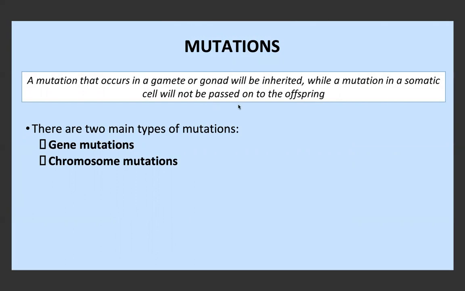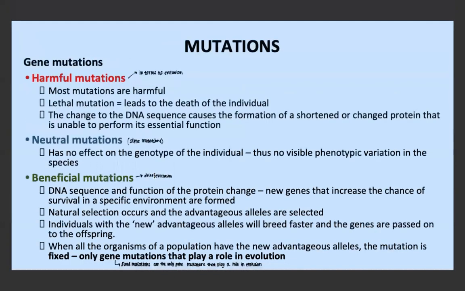There's two main types of mutations, which we did look at in a lot more detail previously: gene mutations and chromosome mutations. Gene mutations are a lot smaller mutations. They'll only occur within like 1 or 2 nucleotides, whereas chromosome mutations are much bigger mutations. They usually have a greater effect. This could be the deletion of like a whole chromosome, an extra chromosome, or like an arm of a chromosome. So they're usually a lot more DNA that's affected.